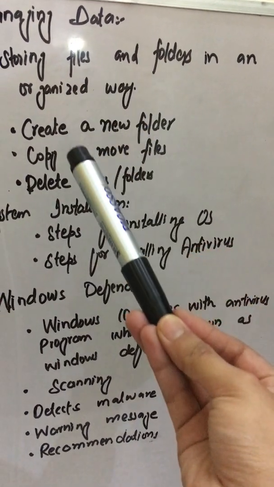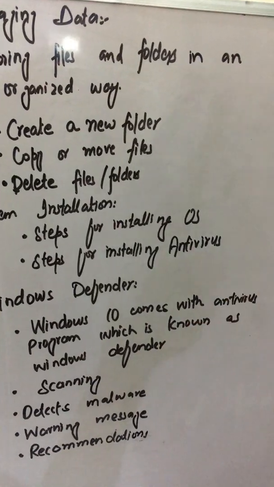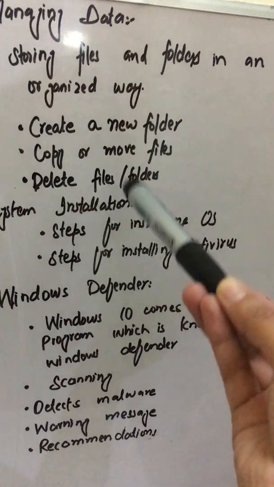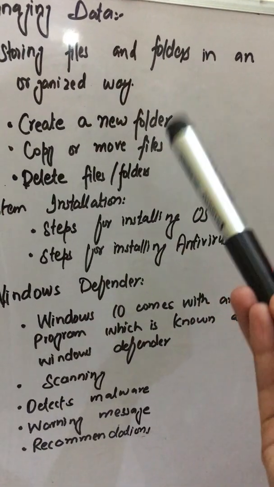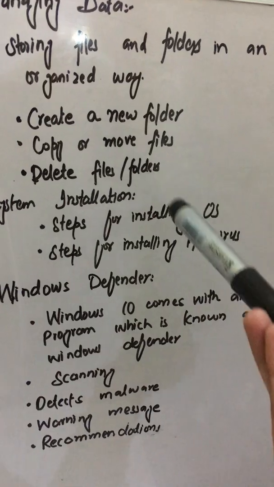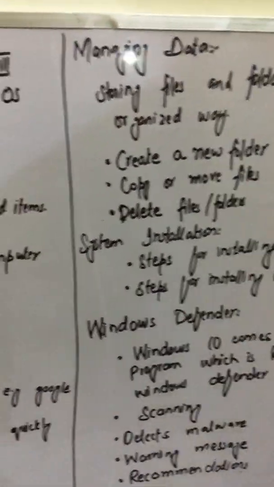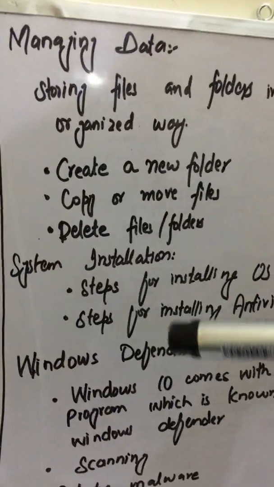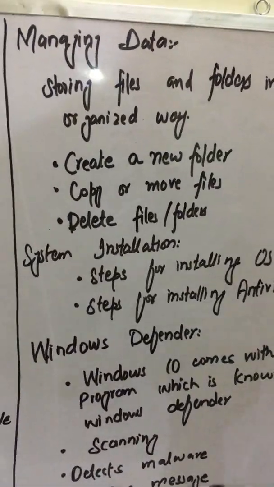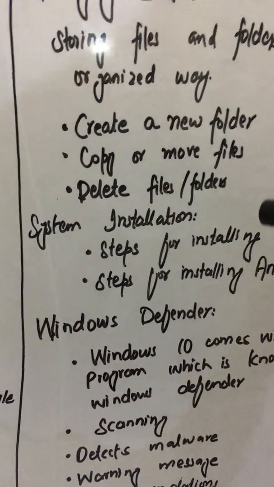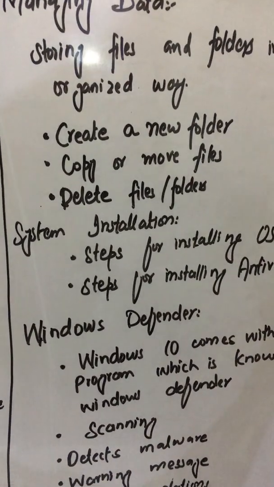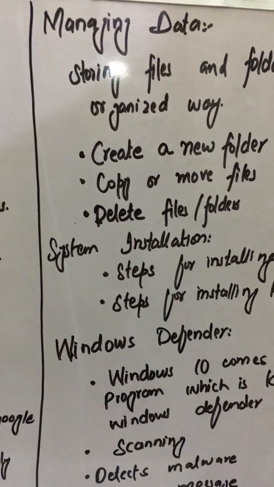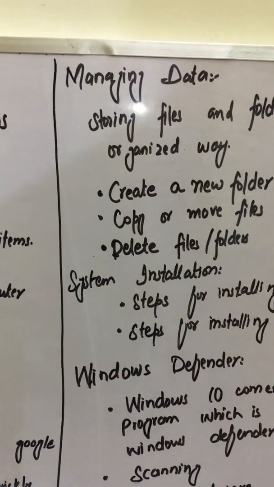Because your documents should be in their document folder, your pictures should be in your pictures folder, and your videos should be in the videos folder. This is a suitable way of storing files, or this is the way to manage your data. Your computer will not give an error if your files or folders are not managed, but the good way of using the computer is to create different folders with suitable names. For example, your picture folder should contain the pictures. So this is how you can manage your data.